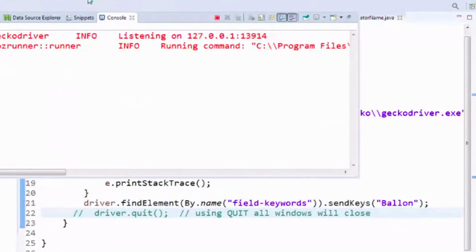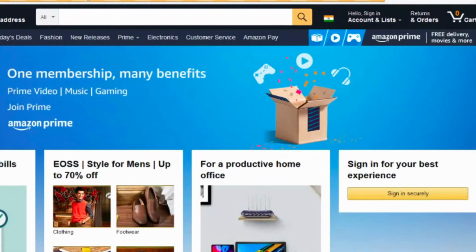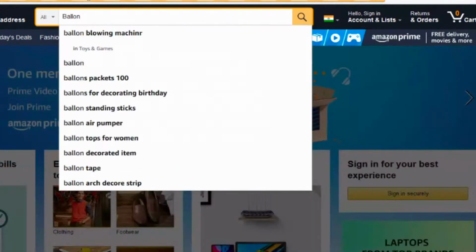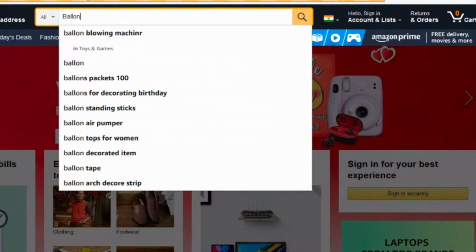So it will open Firefox. Then it will open Amazon.in. Then it will wait for 3 seconds because I have defined thread.sleep, and afterward it has located this input field. It's highlighted with an orange border.